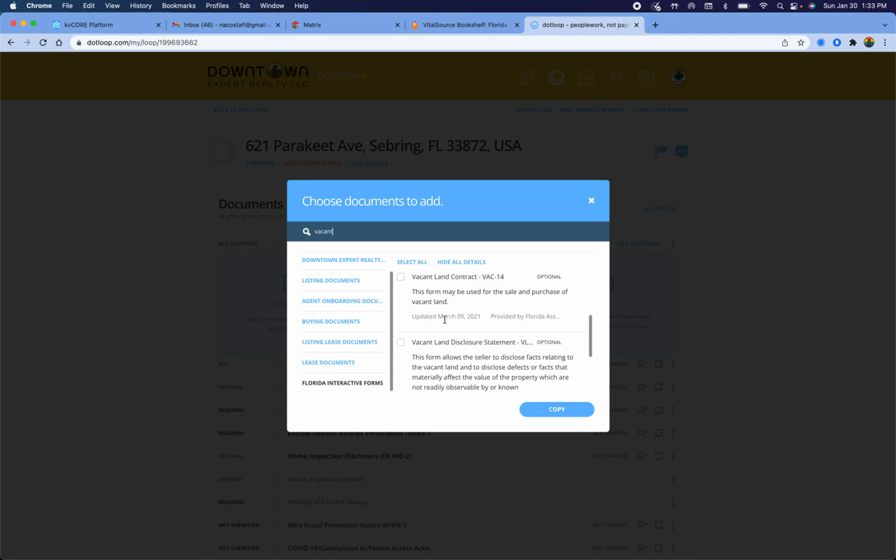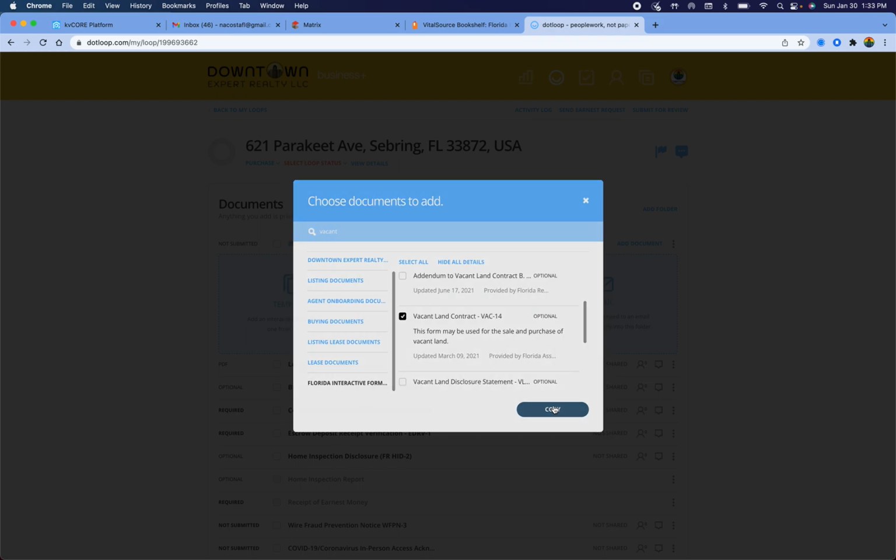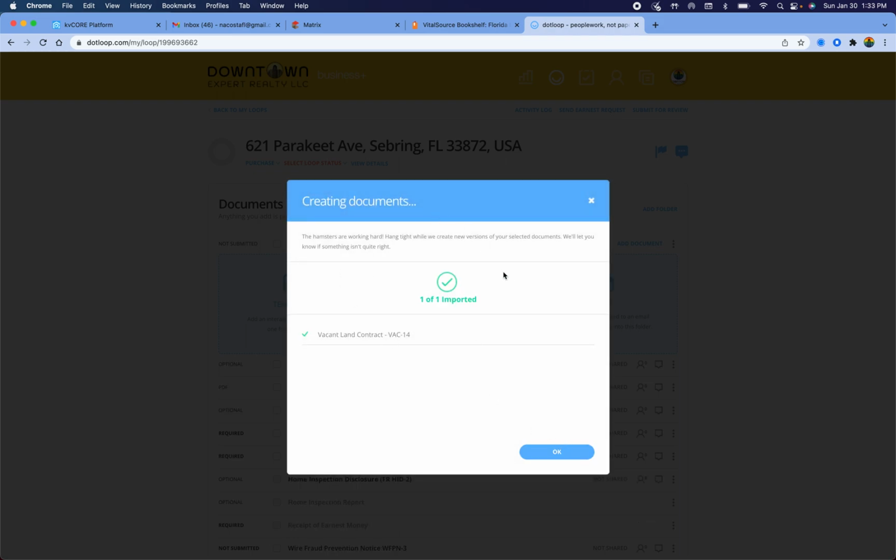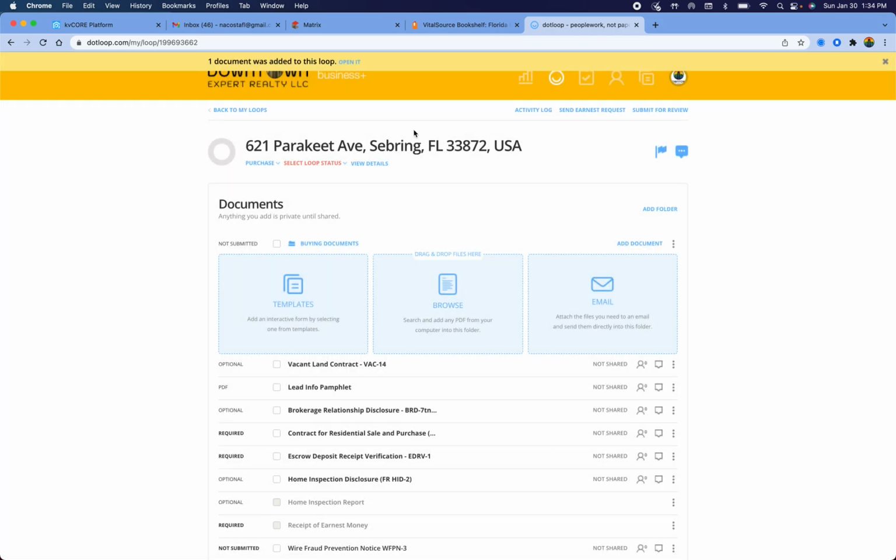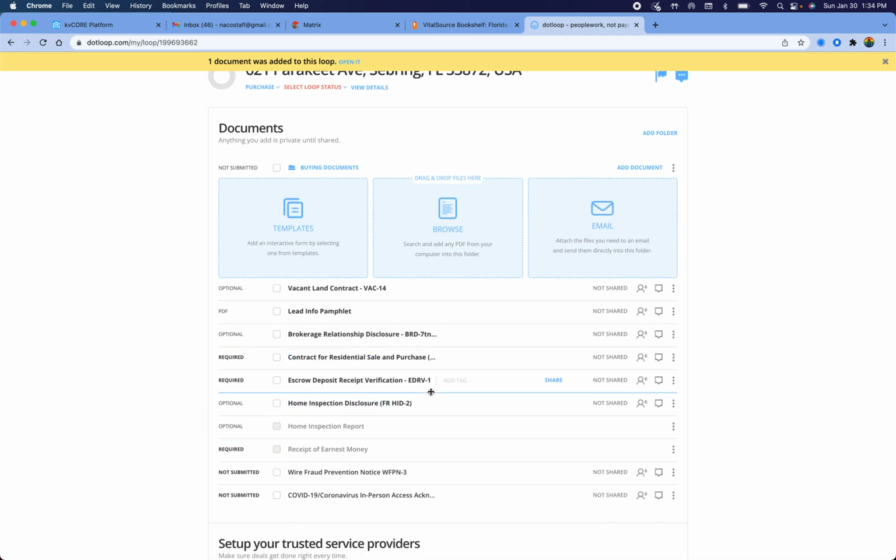All right. So we're going to click on vacant land contract. This is provided by the Florida Association of Realtors. All right, and it'll import it. Click OK, just like that. All right, because we don't need this one. So what I'm going to do actually here, I'm going to